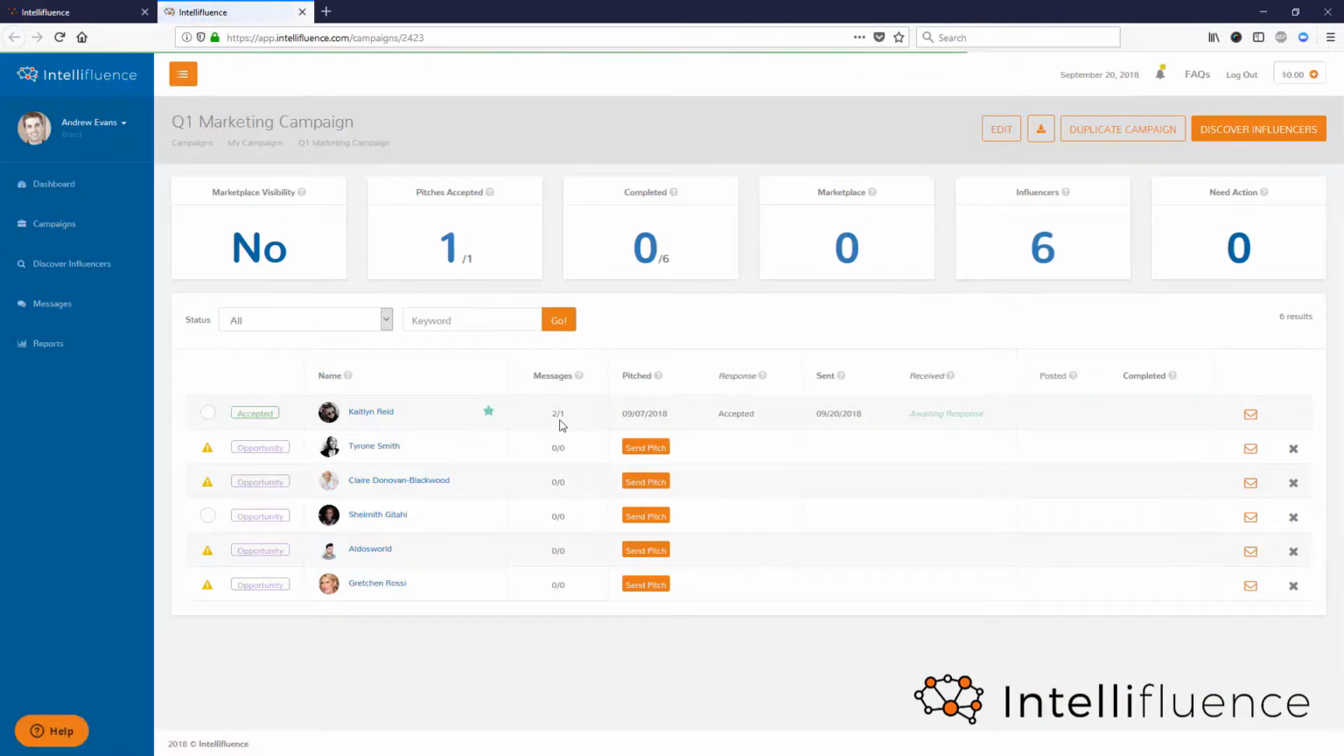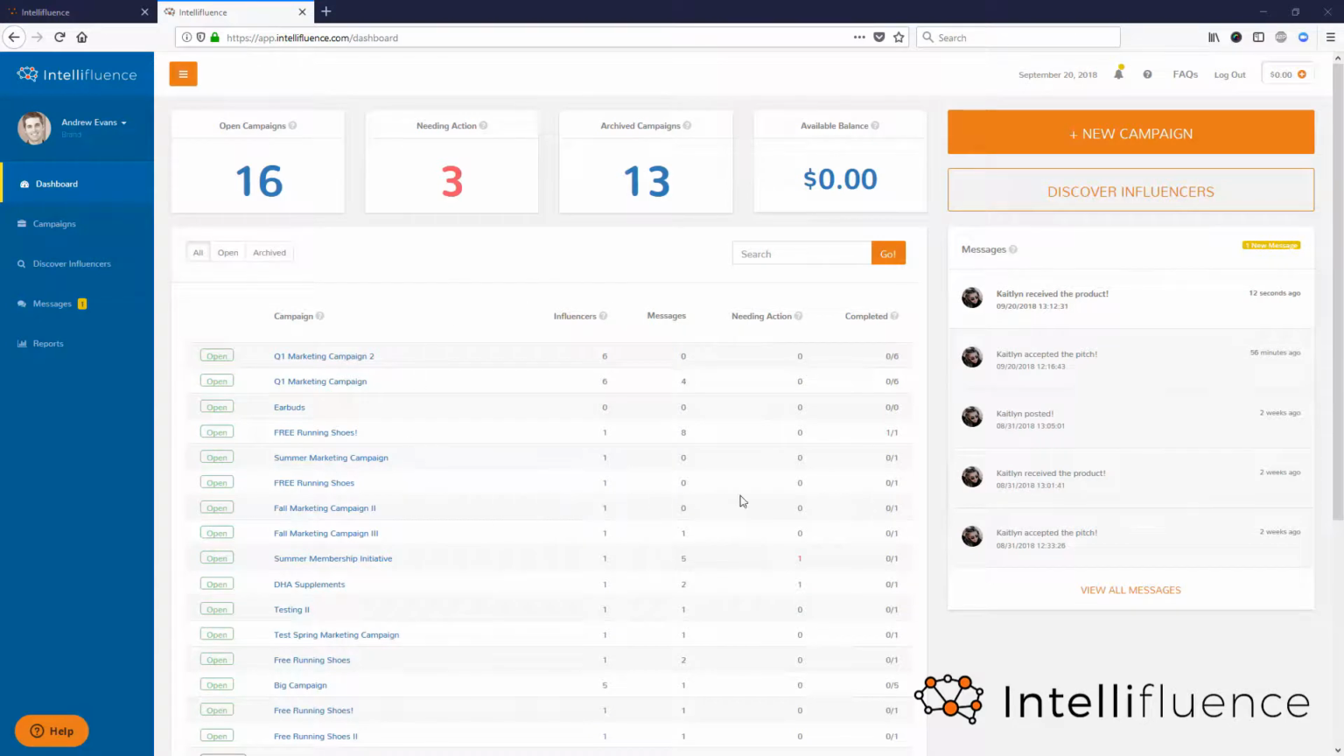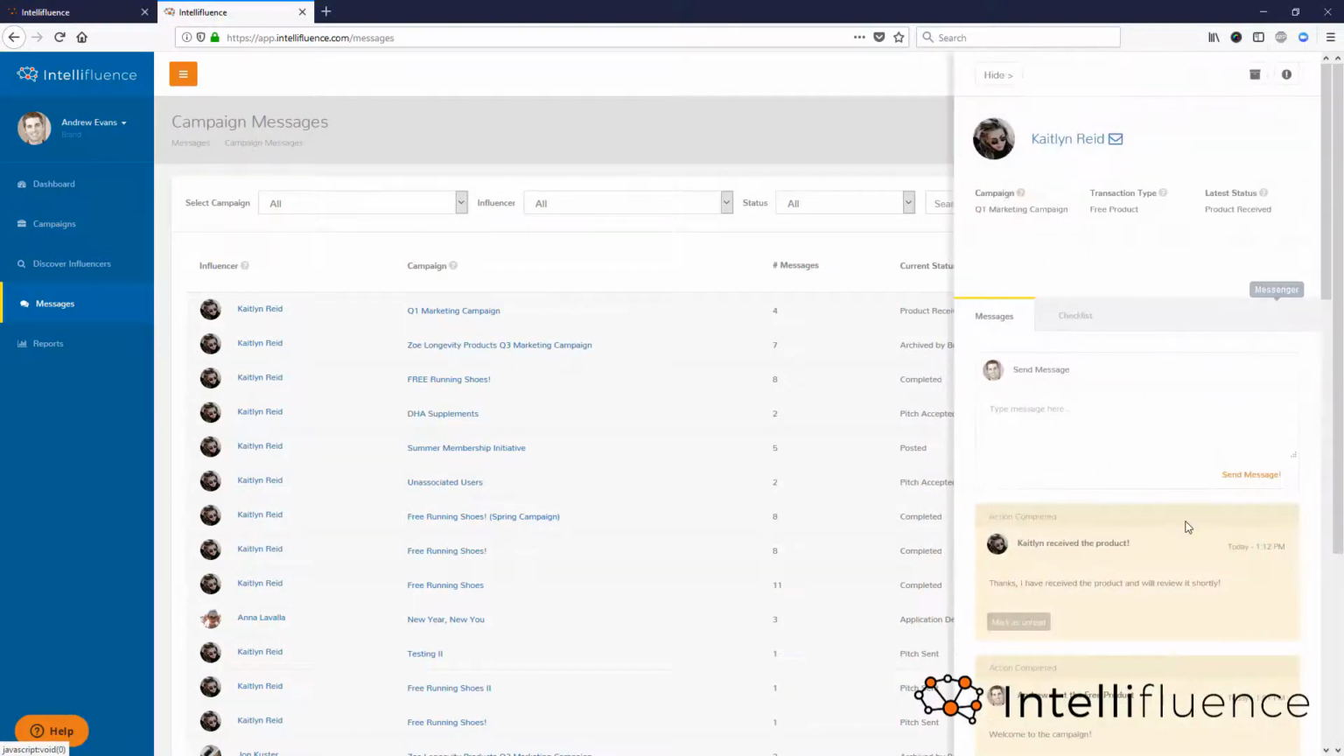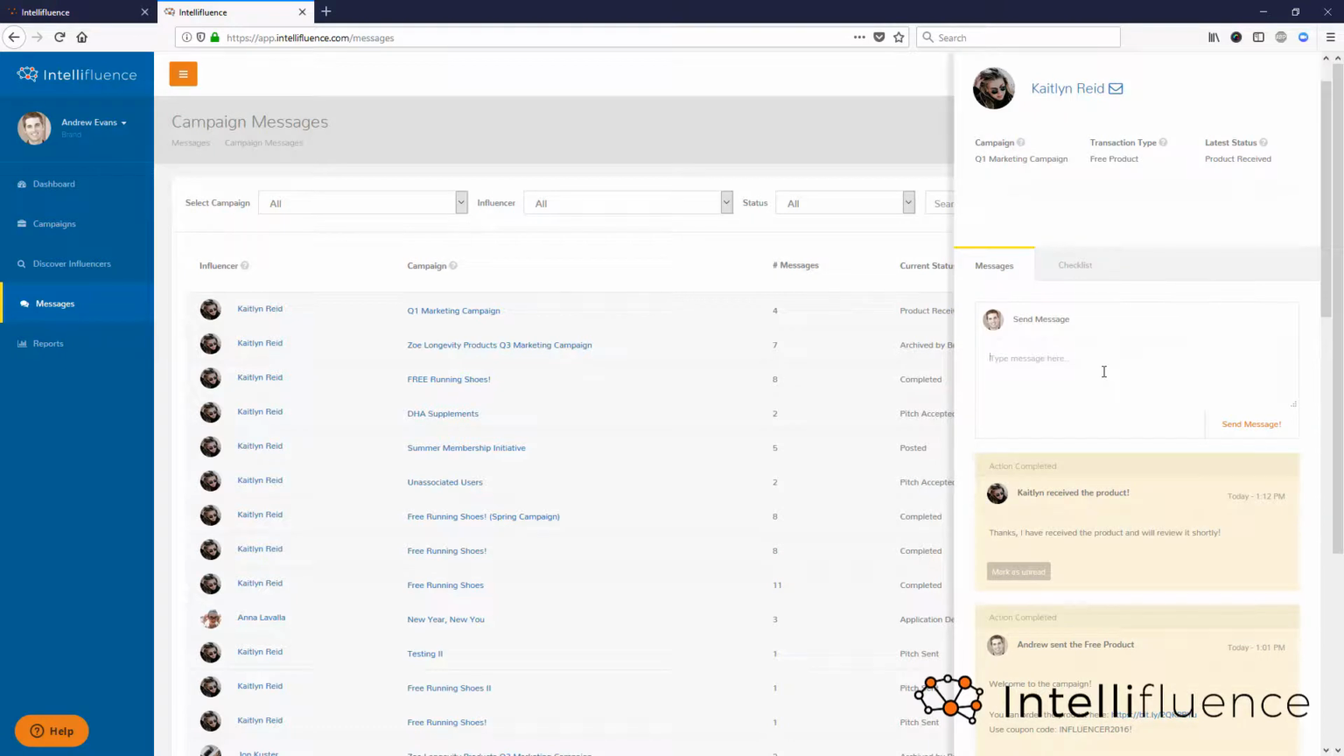and you'll see within the transaction flow that it's been updated, the product has been sent, and now we just await the response. And we're back. We're in our dashboard, and you can see here in our latest message thread that the influencer has received the product. So we can go directly to that message thread, and we see that there. And you can provide a